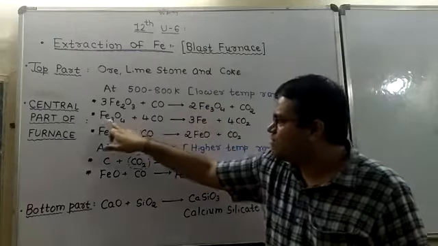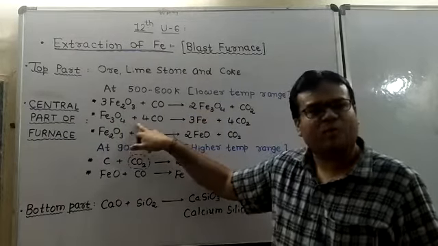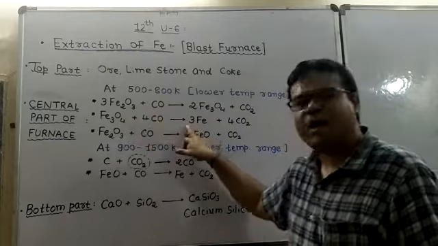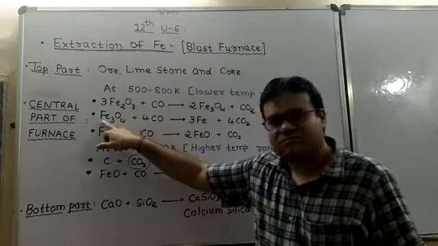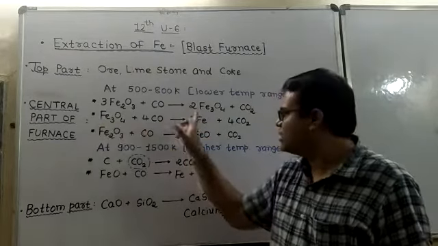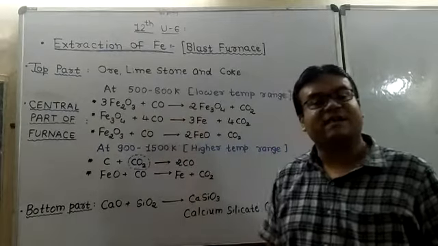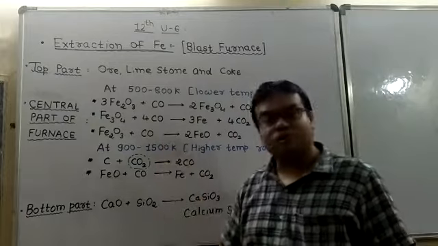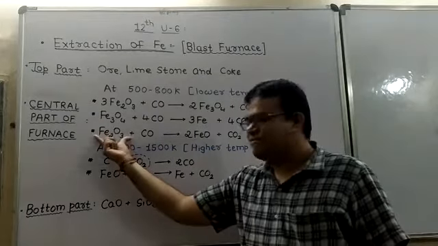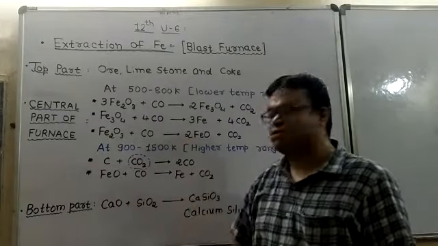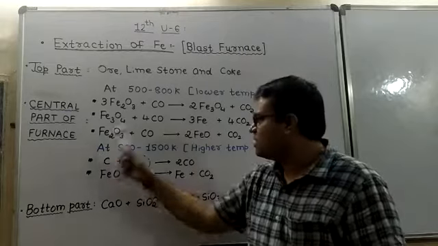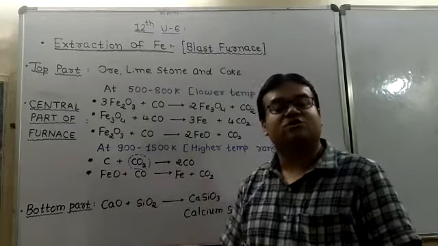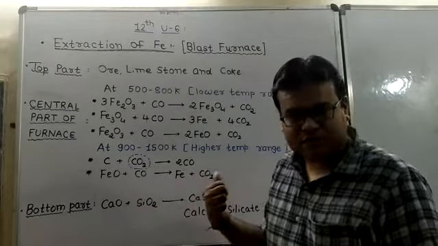Next, when this Fe3O4 again reacts with carbon monoxide, it will give Fe. So here the oxidation number is 8/3, which will change to 0. Again it is said to be reduction. This is a two-step process. Or it can also be observed that if I have Fe2O3, it can directly reduce to FeO, iron oxide. So +3 changes to +2. That is also nothing but a reduction process.